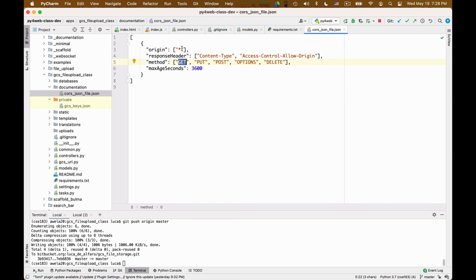but I don't care so much, because what really prevents unauthorized access in Google Cloud Storage is the fact that only signed URLs that are signed by our secret service account credentials will be able to carry out information. So in this context, I'm not particularly interested in limiting the set of hosts that can connect to Google Cloud Storage. Okay, the security is managed via the signed URL. So once we have taken care of CORS, there are a couple more steps that we need to do.